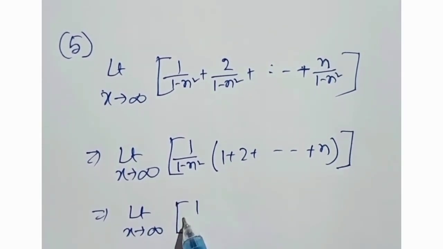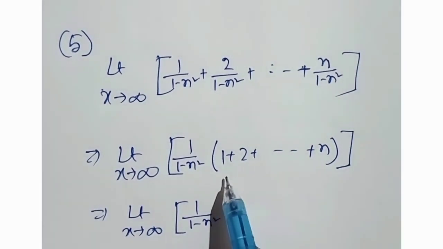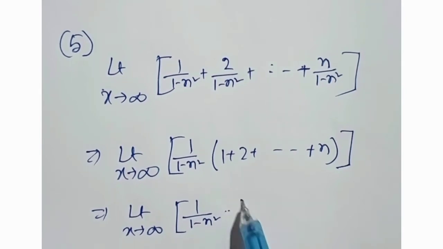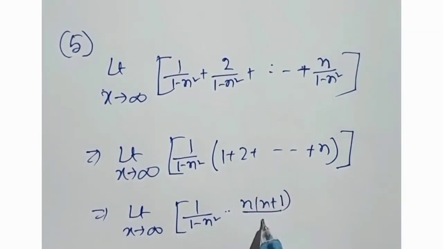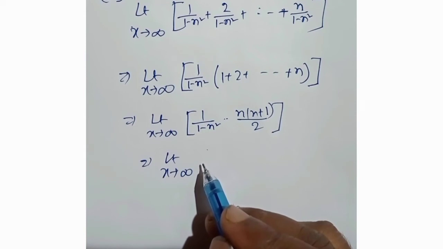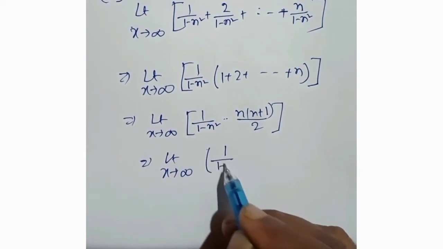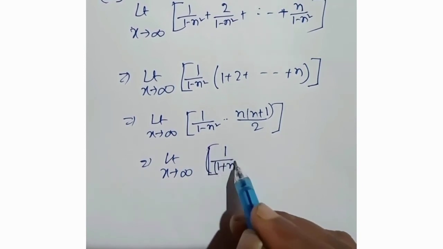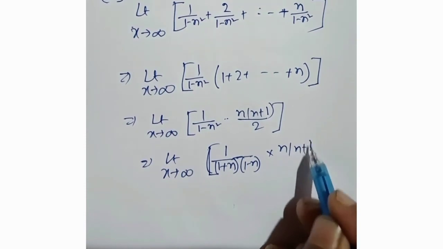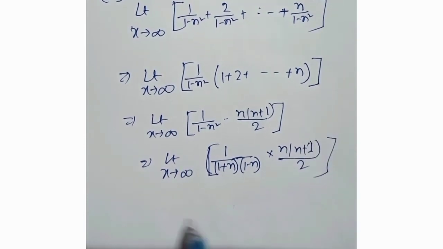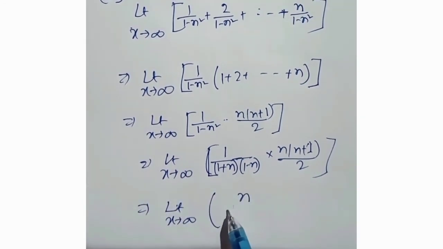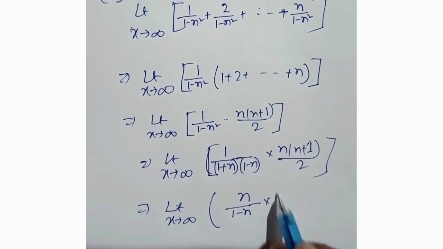This is 1 by 1 minus n square, and you can see that this becomes the series of summation of first natural numbers. So this is simply n into n plus 1 by 2. So you can simplify it. This is 1 plus n into 1 minus n, here n into n plus 1 by 2, right? 1 plus n on 1 plus n will be cancelled, so we'll get only n by 1 minus n into